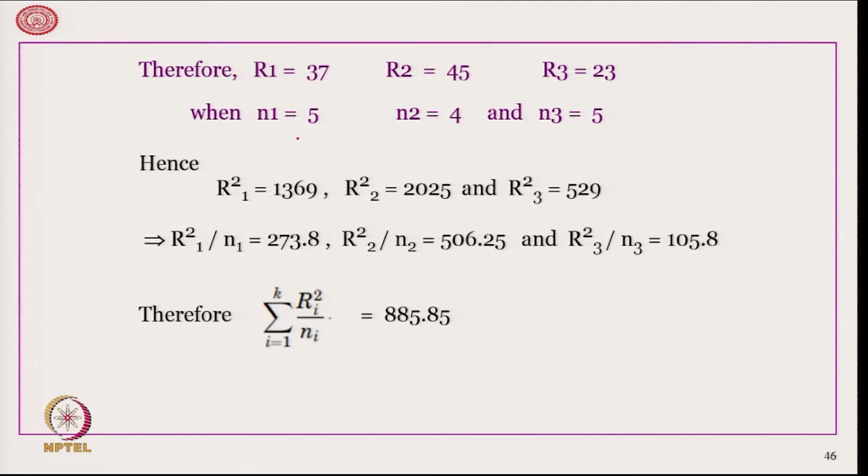when N1 is equal to 5, N2 is equal to 4 and N3 is equal to 5. Therefore, R1 square is 1369, R2 square is 2025 and R3 square is 529. We divide them by the corresponding number of observations. Therefore, R1 square by N1 is equal to 273.8, R2 square by N2 is equal to 506.25 and R3 square by N3 is equal to 105.8, and therefore the sum of Ri square upon Ni comes out to be